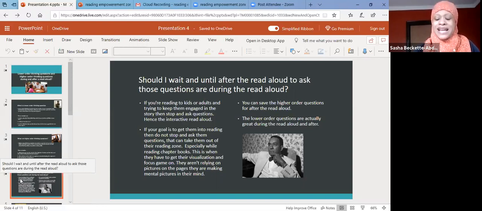All right. And typically with those lower order questions, a lot of times we tend to do that with the younger children to make sure that they're engaged. Or if you want to just challenge, even if you do it with older kids, that's fine. You can make sure that they are staying engaged in the story as well. And you can ask them a couple of questions to make sure that they got their concentration and their focus game on, all right? So with that being said,